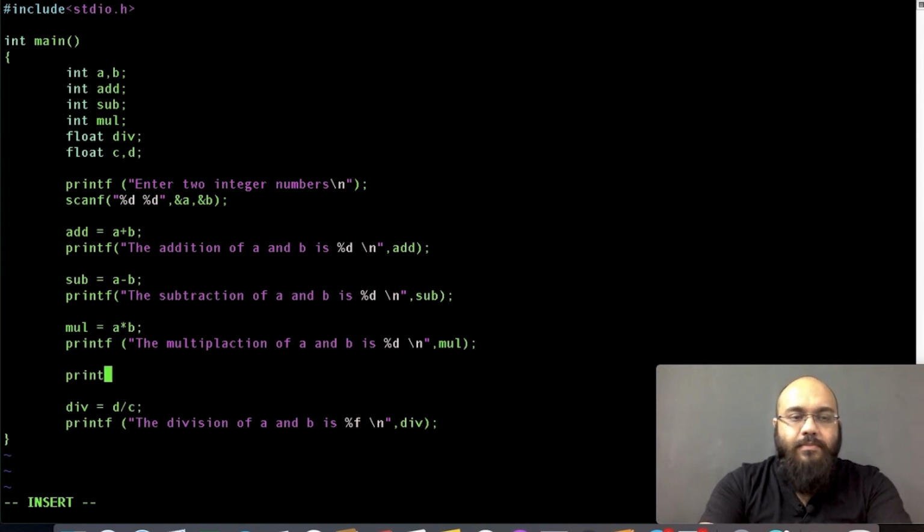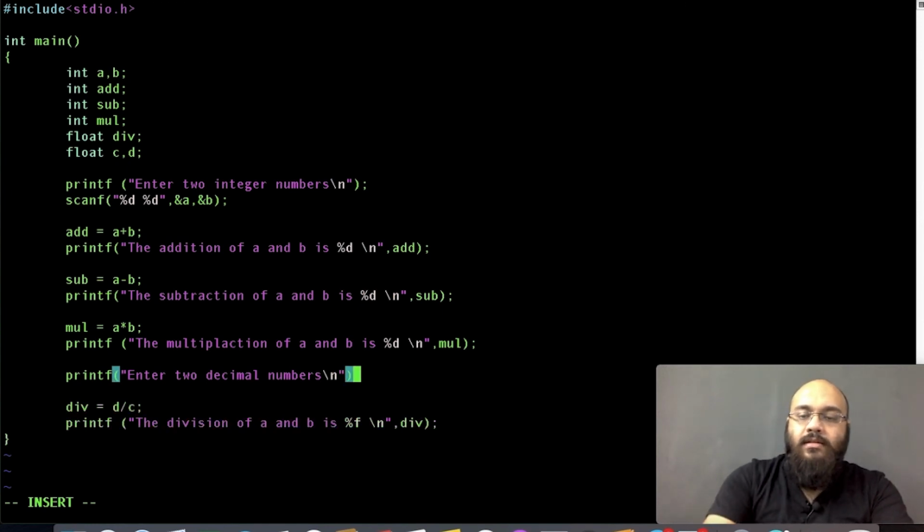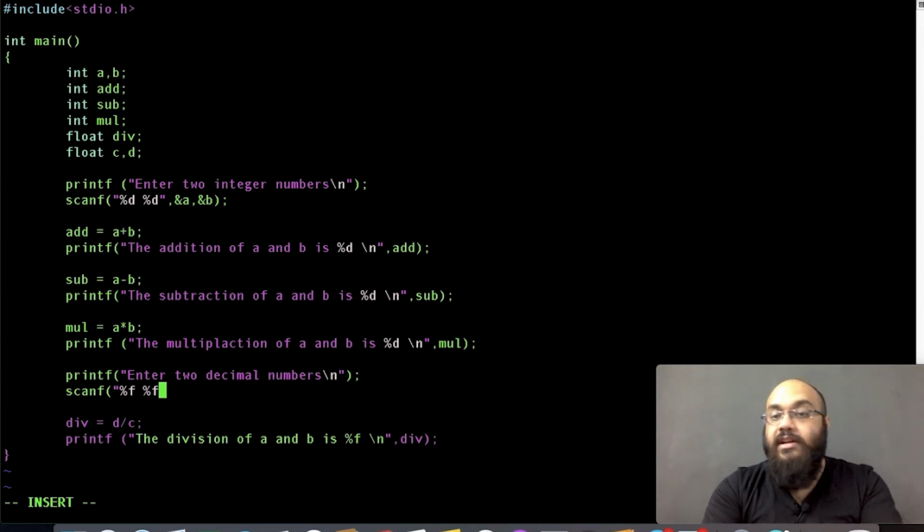So we'll again type printf, enter two decimal numbers. The common user might not know what a floating number is. Decimal is something which is widely used. \n semicolon. Again scanf, and this time we will use %f, and again %f, because we are taking two numbers.